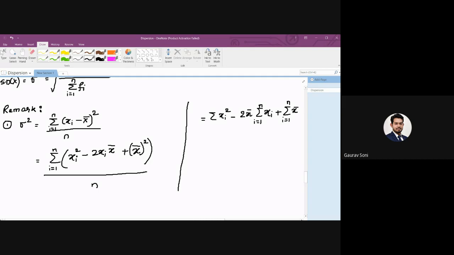So what? Can I say that x bar is a constant? It is a constant. So is it possible that every time the constant can be taken outside the summation? Is it always possible? Yes, because